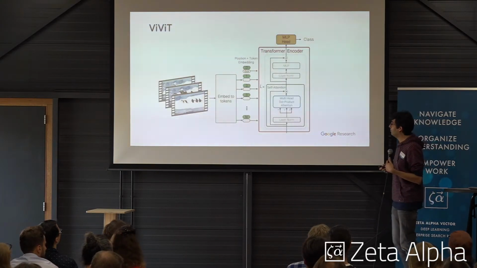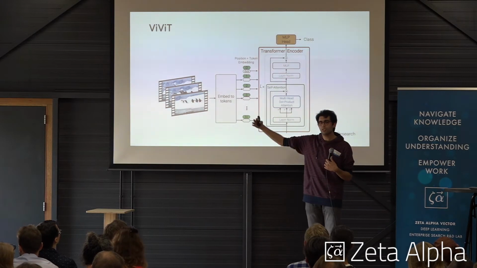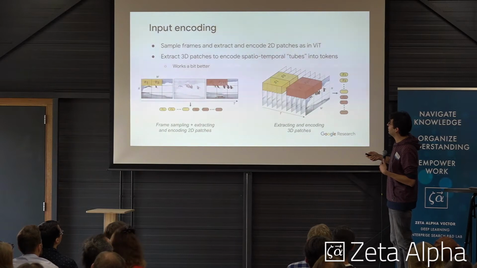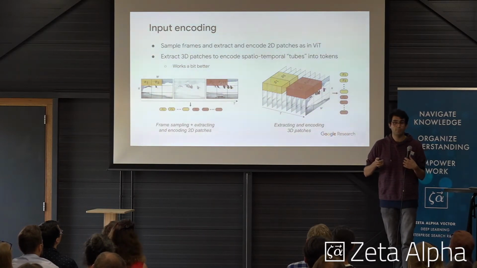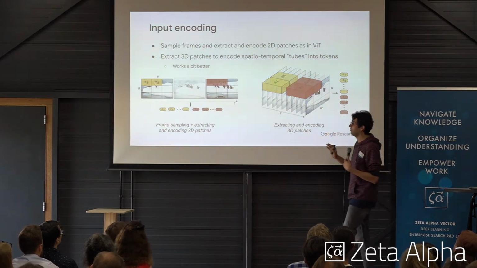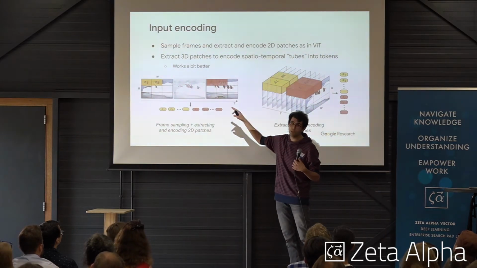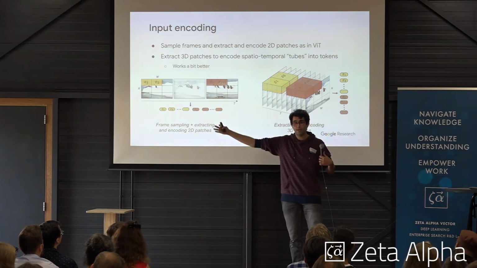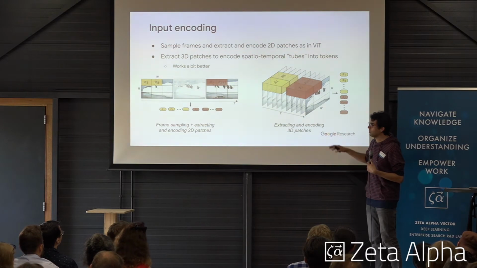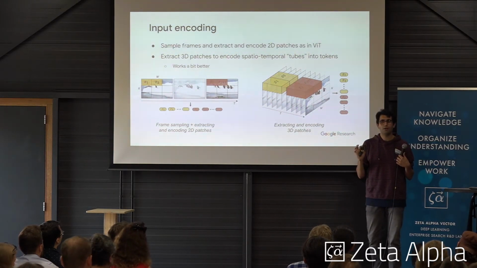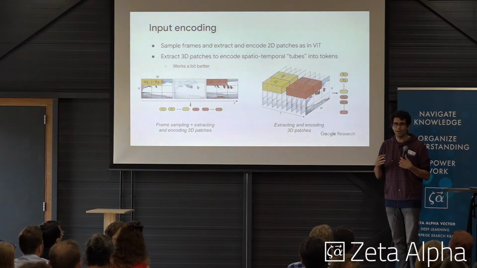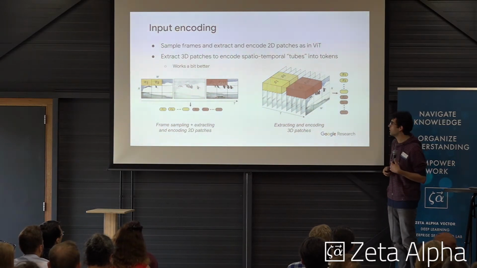And then you have basically a sequence of images, and we had this model which we call ViViT. For the input encoding, for the patch extraction, we had two simple ideas. The first one was, okay, let's try patches from each frame separately and then concatenate them. It's going to be a long, expensive sequence. Another one is basically to go for 3D patches, which is a 3D version of the 2D tokenization in the vision transformer.